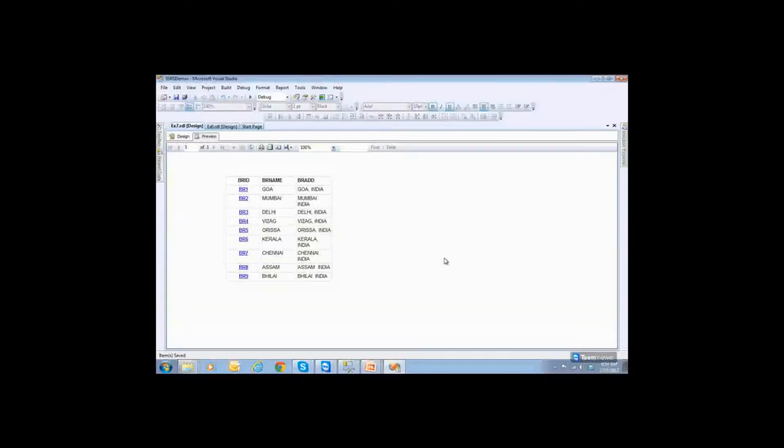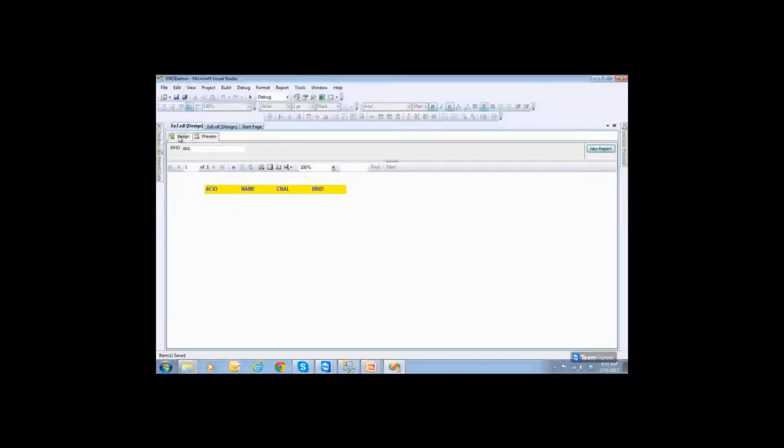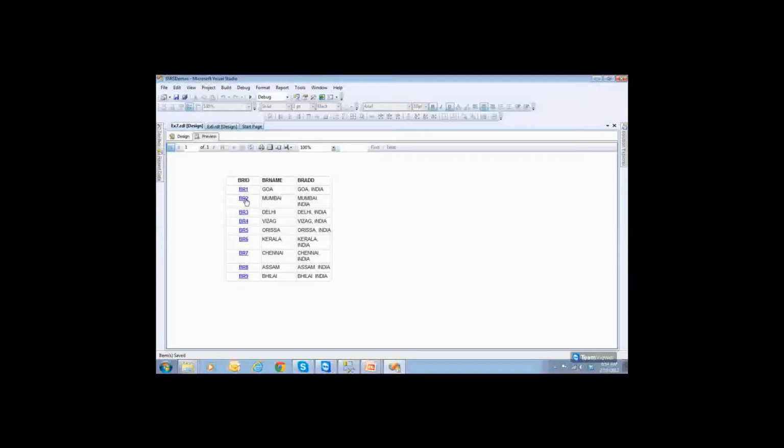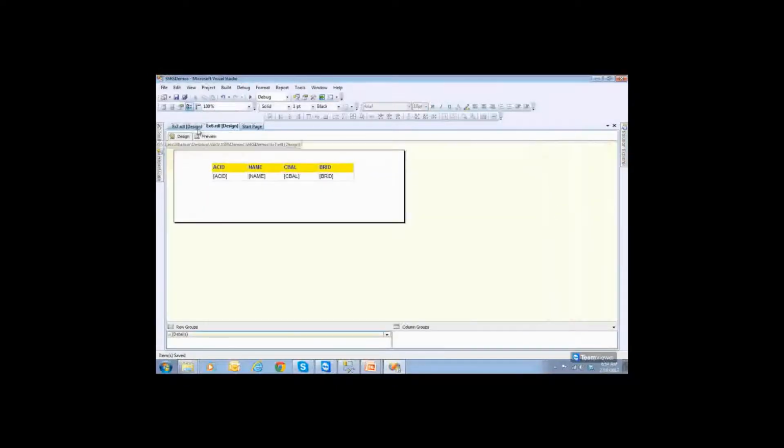So click preview and open. So it looks like this. So you click on BR6, it doesn't have any data. So that's fine. So BR2. So like that, you should be able to. But from BR7, you're jumping into BR6. From BR6 also, you should be able to jump to this one. So let us go back to this one.